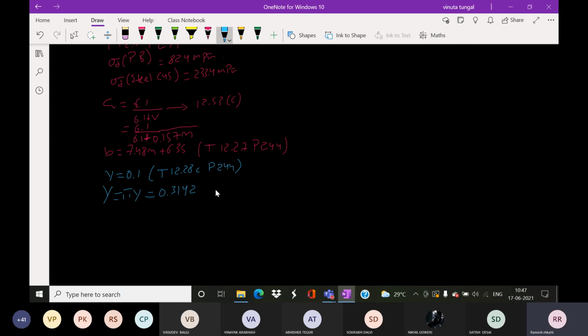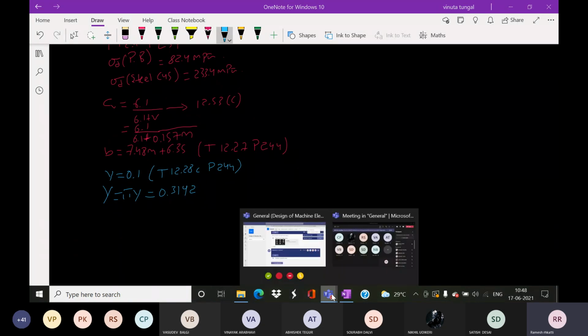After that, next you can calculate the value of mt. And after that you need to find the wear load, strength factors, dynamic strength, and permissible tangential load. Those further steps I will be solving in the next class. If you have any doubts till now, you can ask me.